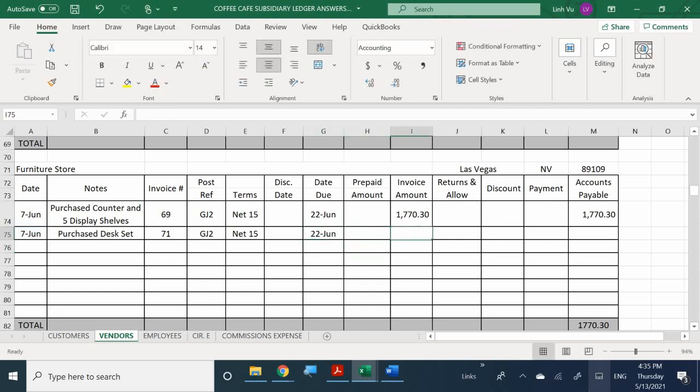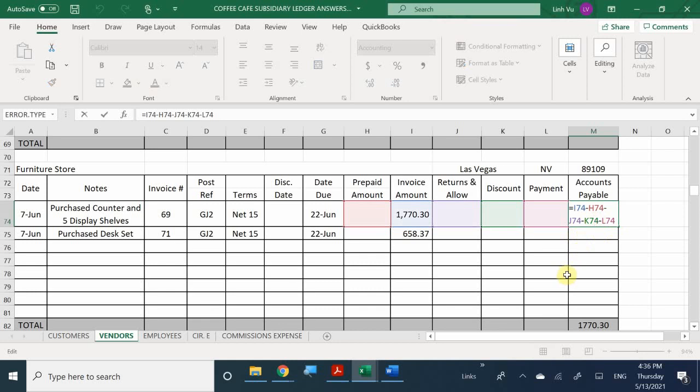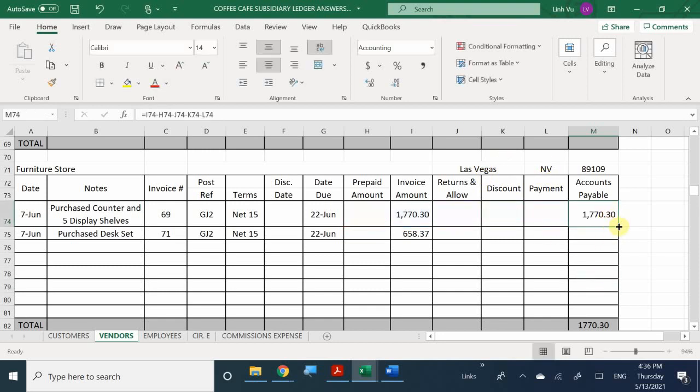June 22nd. Correct. And once again, the amount that we owe on this bill is $658.37. Okay. Once again, I didn't make a payment, so I didn't copy down the formula. If I were to copy down the formula, I take my invoice amount, subtract out my prepaid, subtract out my returns, subtract out my discounts, subtract my payments out, right? If I go ahead and click that and drag it all the way down,